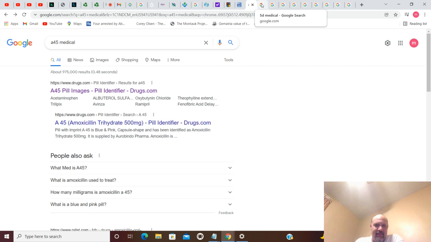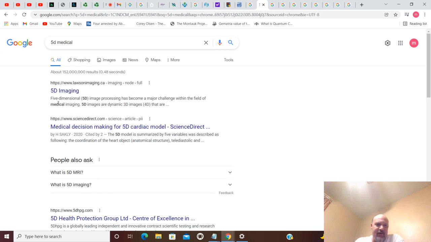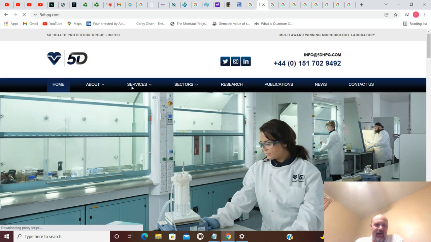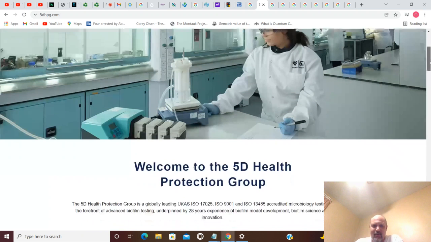All right, if we move on from that, you have 5D. You do have 5D imaging, 5-dimensional imaging processing. Has become a major challenge within the field of medical imaging. You also have medical decision making for 5D cardiac model, but you also have 5D Health Protection Group, LTD, right here. 5D, it's a health protection group,